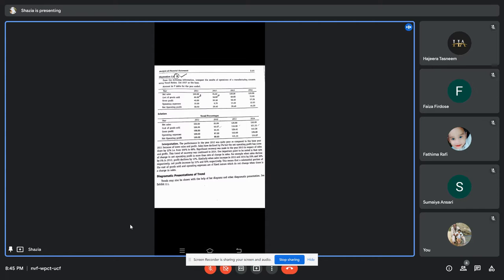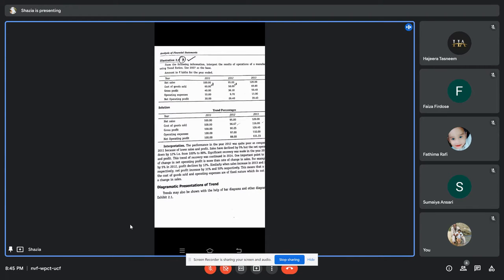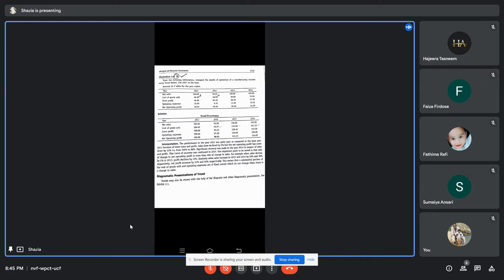The question they have given to us is in the form of lakhs, that is, amounts in lakhs for the year ended. They have given us the figures as numbers, but we have to assume them in the form of lakhs. Year wise, they have given net sales, with different amounts for all the 4 years. Then cost of goods sold, also 4 different amounts for the 4 years. Then gross profit, operating expenses, and net operating profit. Out of this, we are supposed to calculate the trend percentages.